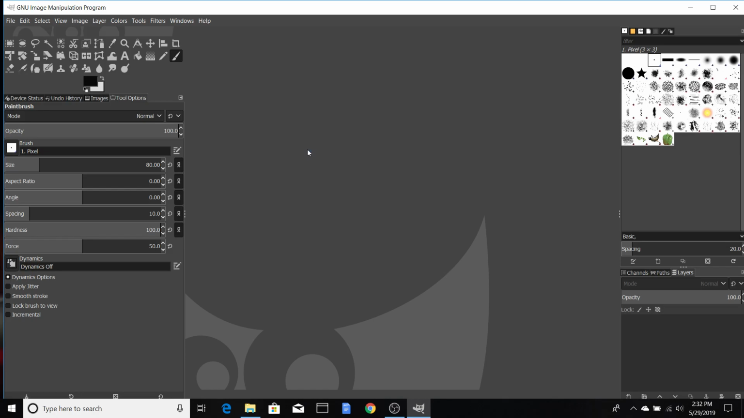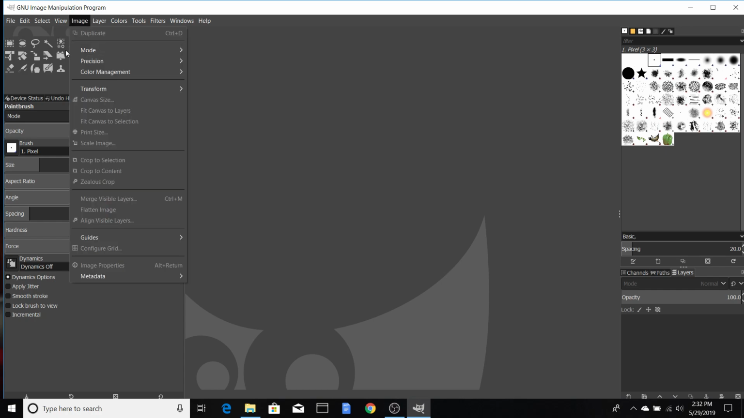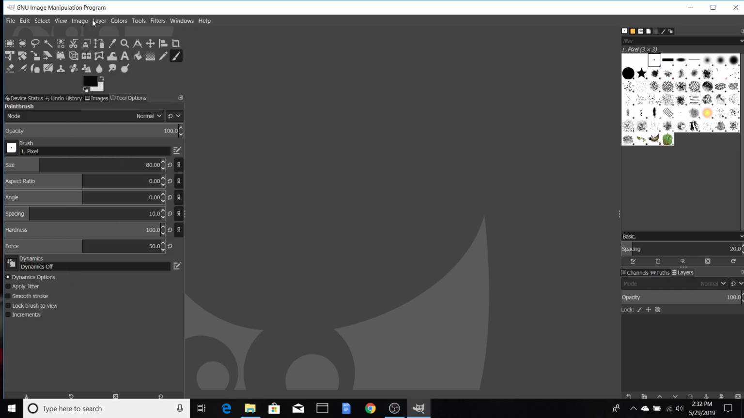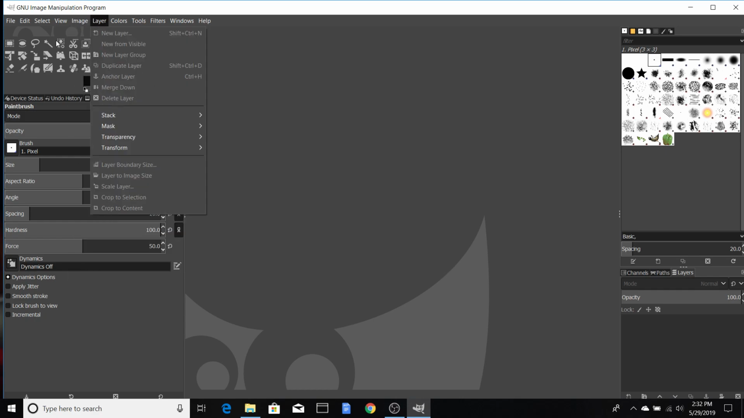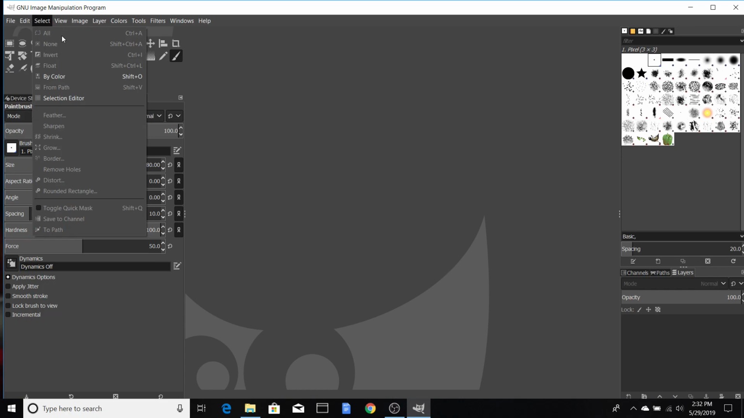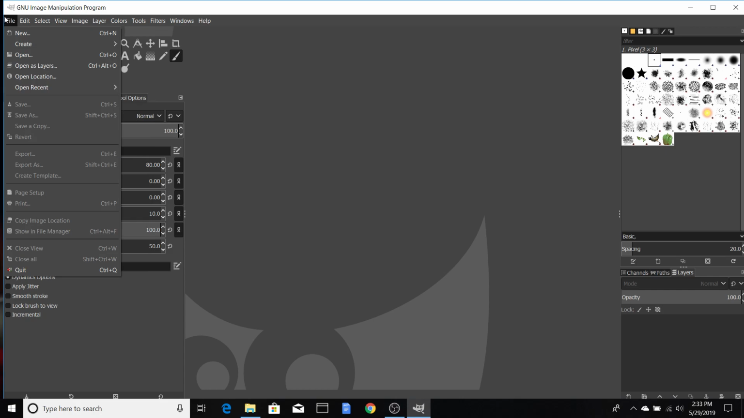Okay, now with GIMP, the setup is pretty basic. Most of the tools are on the top left-hand corner. The one thing you're going to want to be concerned with is your image tab, your layer tab, and your select tab. Those are the most important. And this is also important too, but not necessary because most people know that stuff. Anyways,